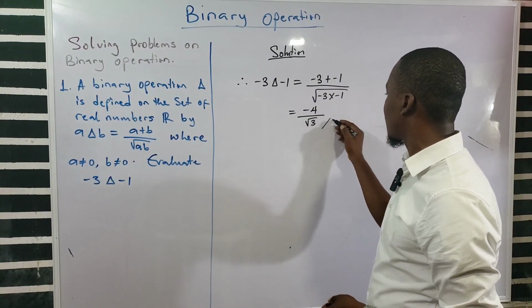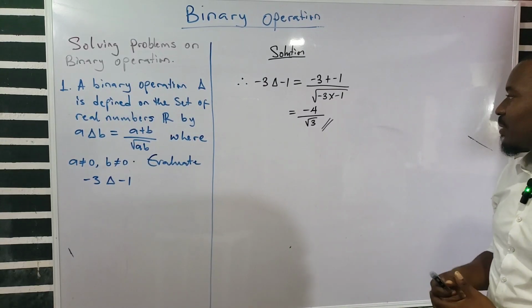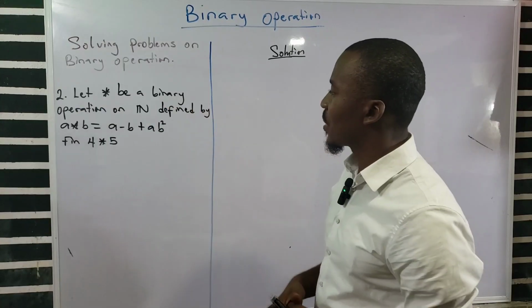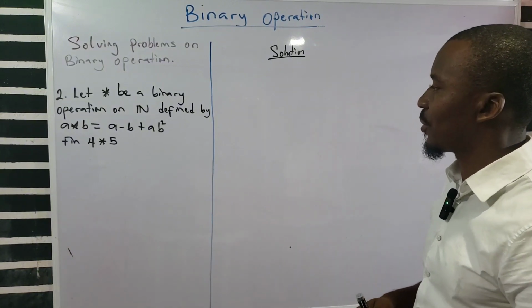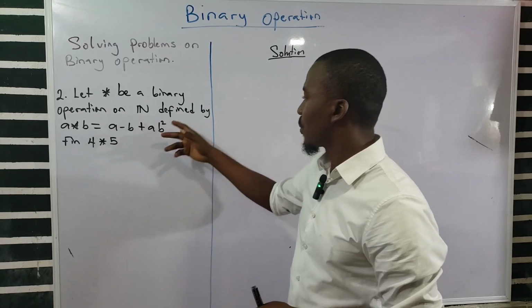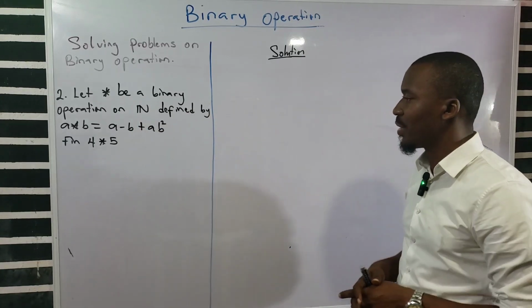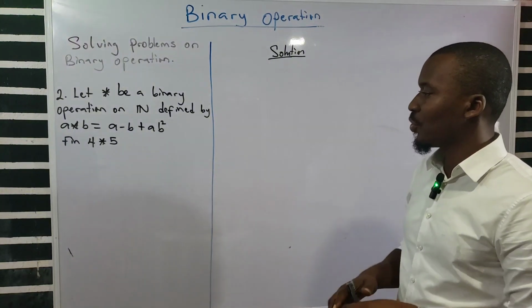So that's your answer. You can decide to express this number in different form. Okay. So the second question we have there says, let the asterisk there be a binary operation on natural numbers, defined by a * b = a - b + ab². You should find